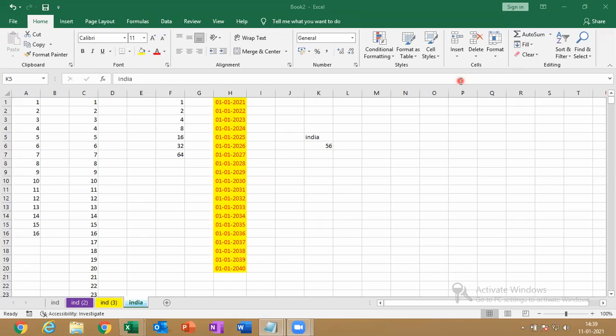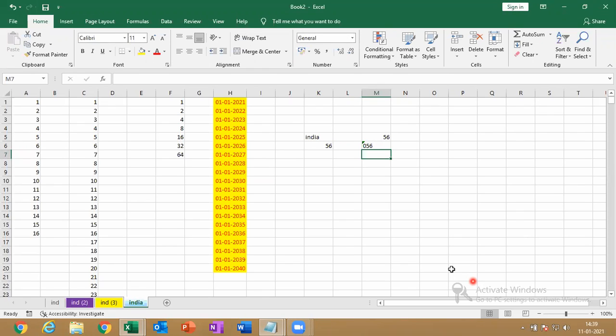Green border on the top side. Okay. A green mark on the top left is nothing but an error. So what I do, I give a single inverted comma. You know the inverted comma like this? You give one single inverted comma. Basically, 056 I can't enter, as 0 will not be taken before. So I give a single inverted comma and then I type 056. So now it will take it.